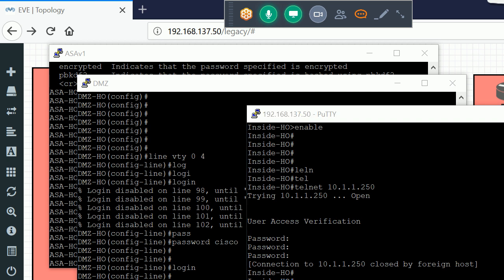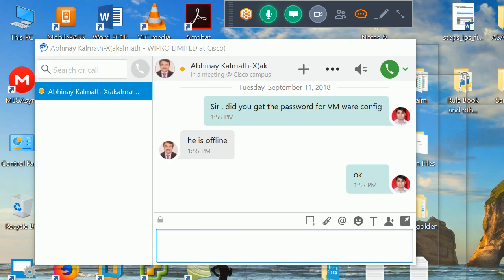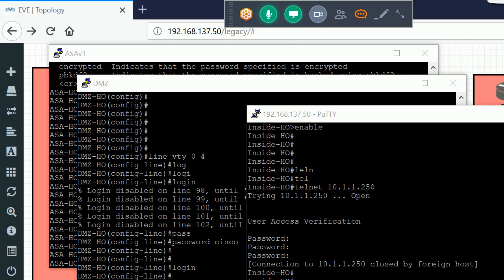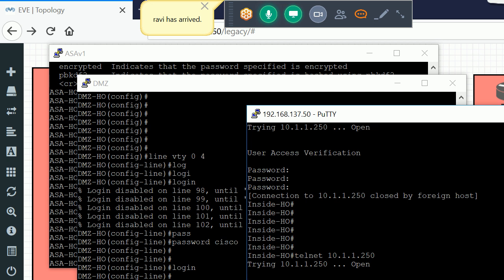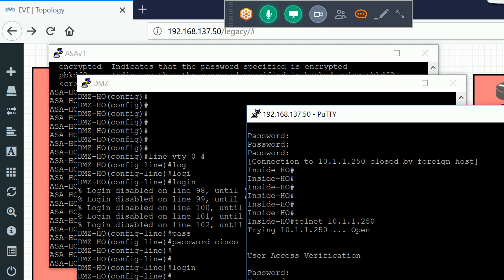Sorry guys, let me stop this. Telnet, admin123. Why is it not taking it?